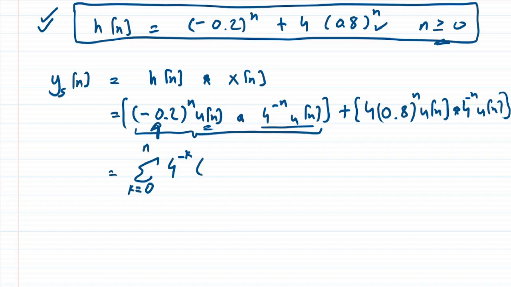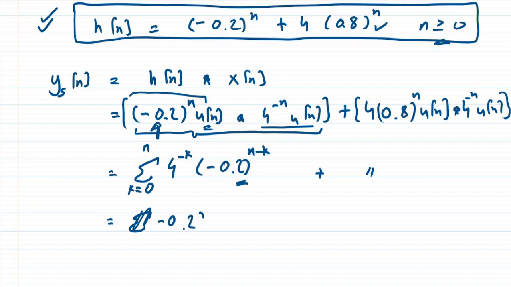So over here we would have minus 0.2 power n minus k, and similarly you would have the same procedure over here. So a couple of steps more. This n is not a part of the summation, so we can have minus 0.2 power n outside the summation, and then we would have